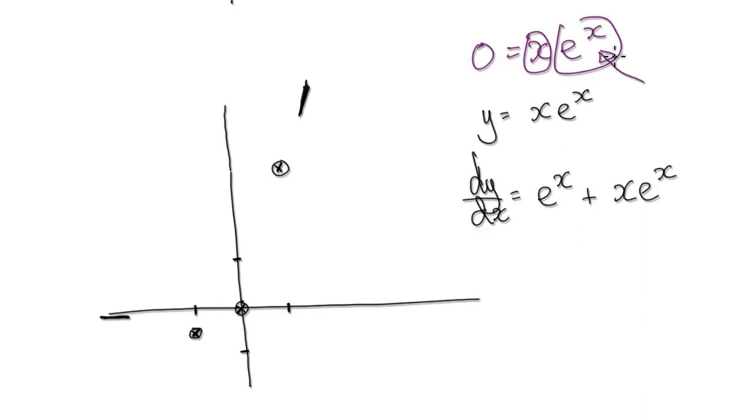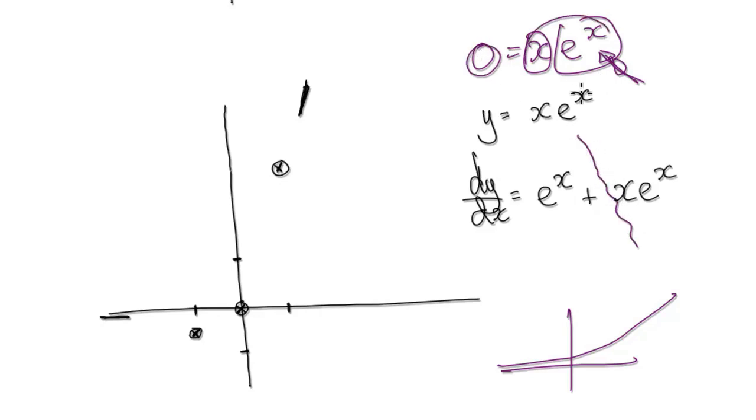This block here will never be 0 because e to the power of x looks like this. It will never be 0. It will always be positive. So if you want this to be 0, then the only place that the whole thing can be 0 is